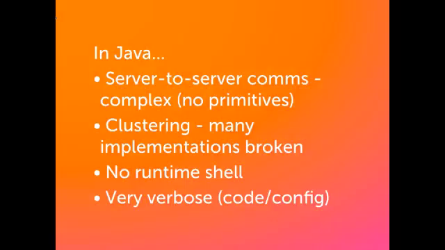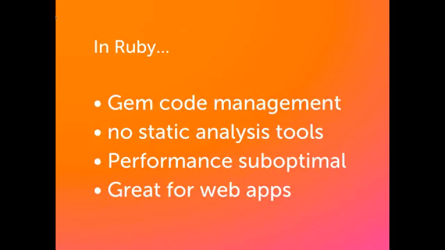So I think we also compared Erlang to Ruby and Rails, and we said, Ruby's great for web apps. There are some great features in terms of rapid prototyping. In fact, for Whisper, we still use Rails for the backend admin tool because it's really nice to rapidly develop a web UI that uses an HTTP interface into the Erlang API. But it's a little bit slow, and it doesn't give you some of the things that make Erlang great in terms of static analysis, in terms of some of the runtime tools, and